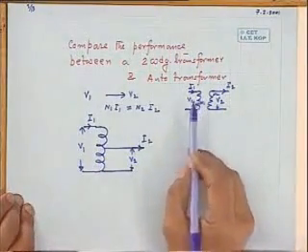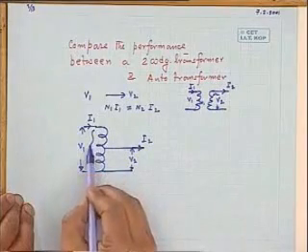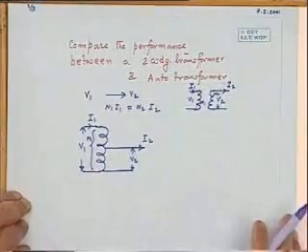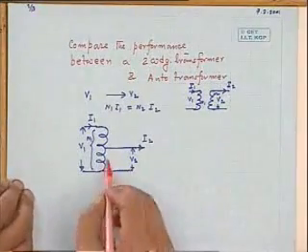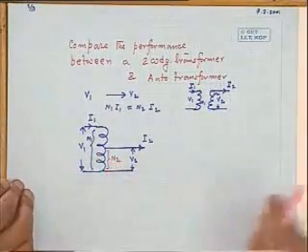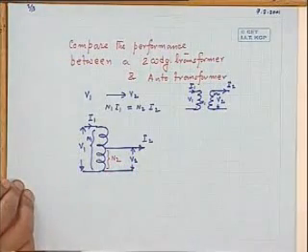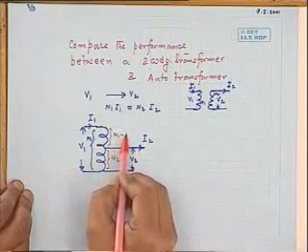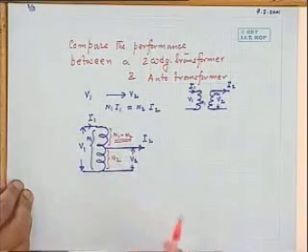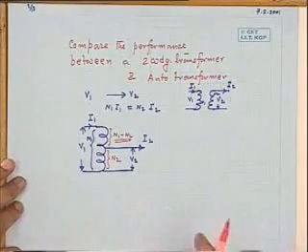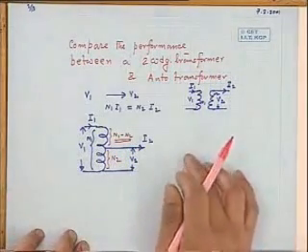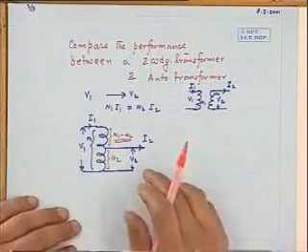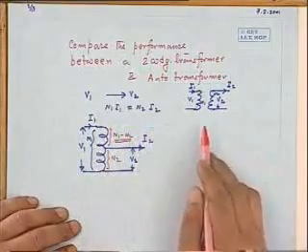So, whatever is the number of turns N1 here, that must be between these 2 points, number of turns there. And let us call this number of turns to be N2. So, number of turns in this zone will be N1 minus N2. Okay. Now, it can be shown, that is what I am going to show here, that with some turns ratio,